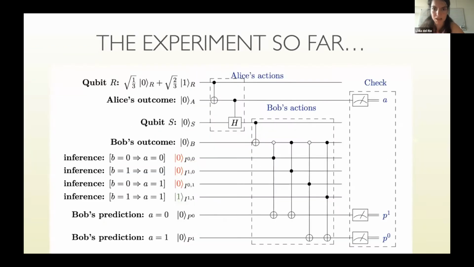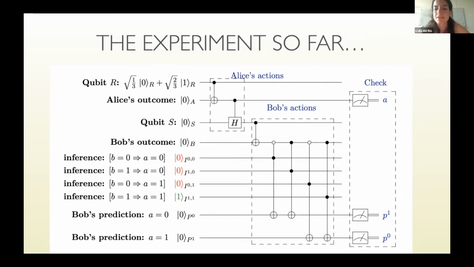Okay. All right, so this is our model. So how is the experiment so far, as seen from the outside? So far we don't need to model Alice's brain very much. We just model her outcome prediction. So first we have Alice's actions, which were the measurement and her state preparation of the second qubit. Right? Then we have Bob's actions, which are his measurement and this big unitary that encodes his reasoning.